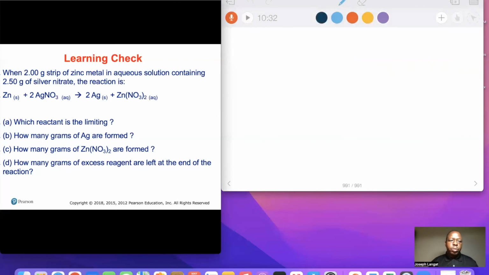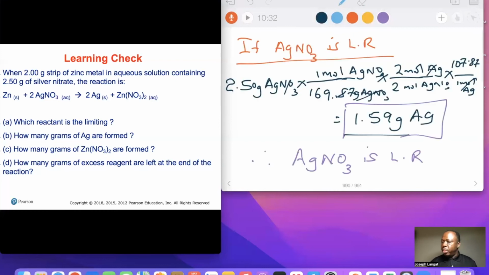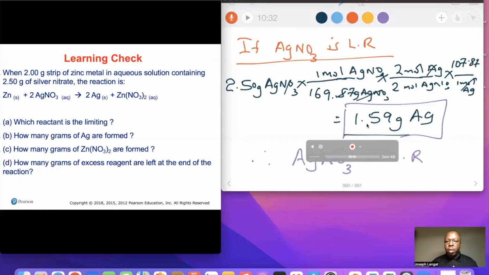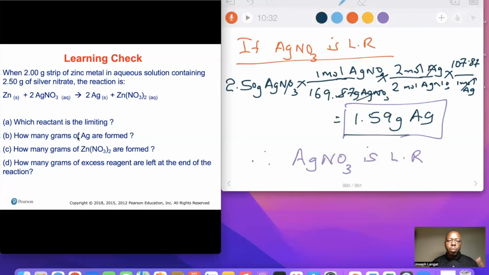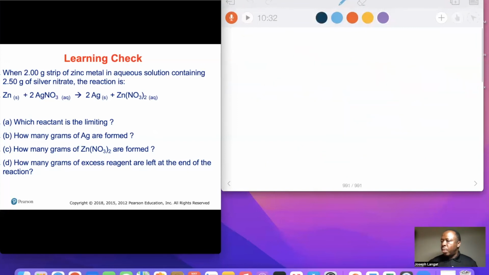And of course, B is here. 1.5 grams of silver will be produced. One thing I want to bring to your attention is the amount